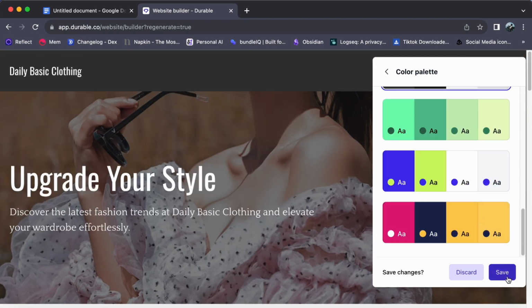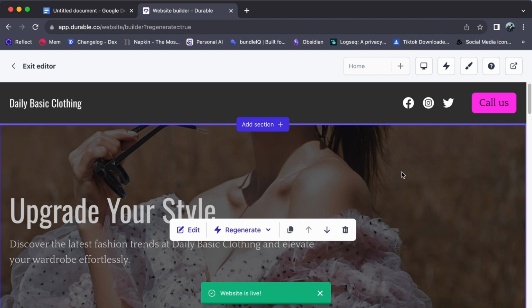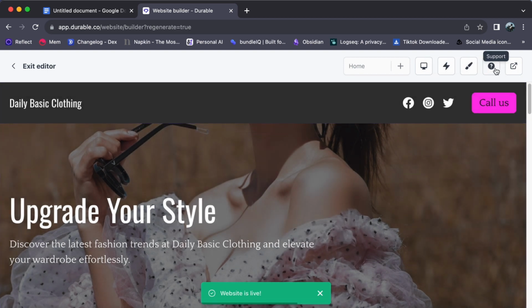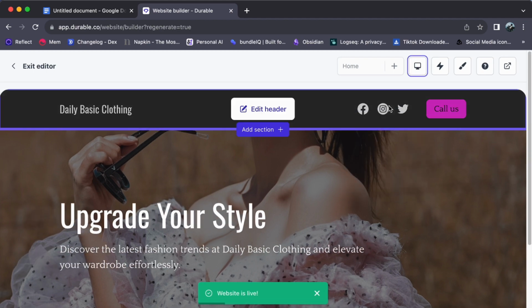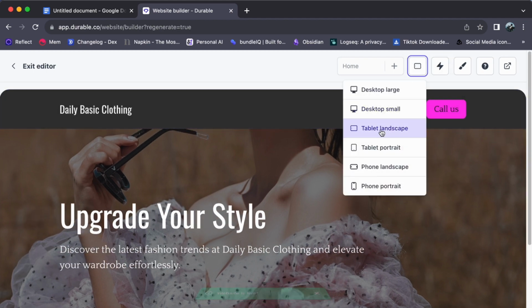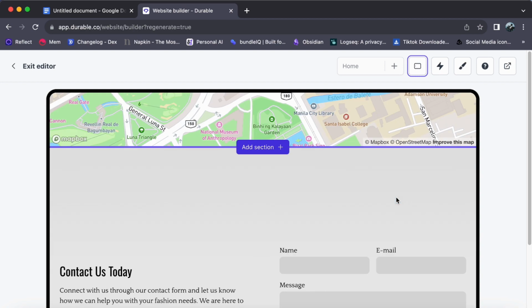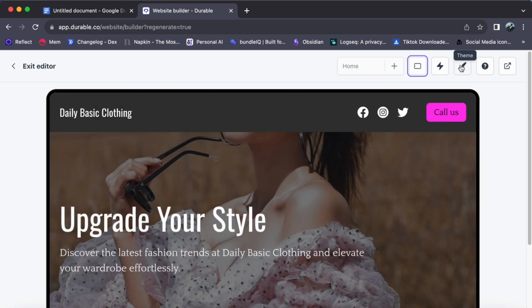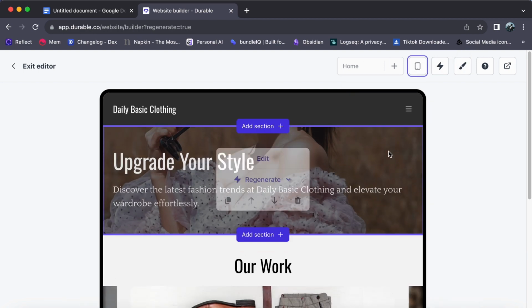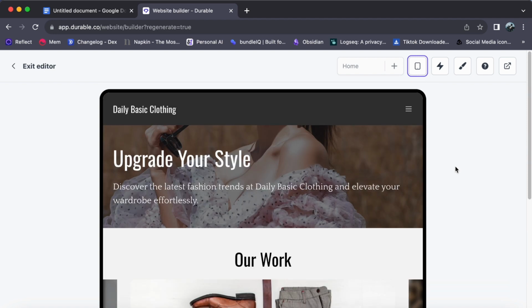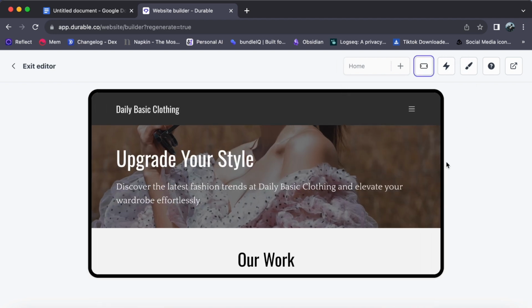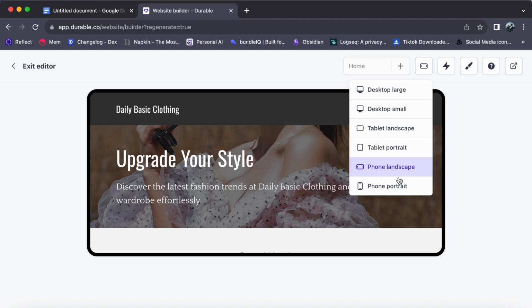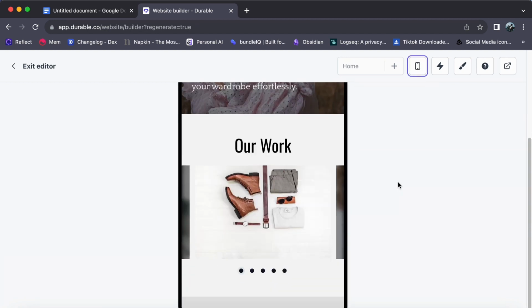We understand the importance of ensuring that your website looks impeccable across various devices, from the expansive screens of desktops to the compact displays of tablets and smartphones. With our intuitive interface, you can effortlessly preview how your website appears on different devices. Just click on the icons representing desktop, tablet, or phone, and you will gain valuable insights into the user experience